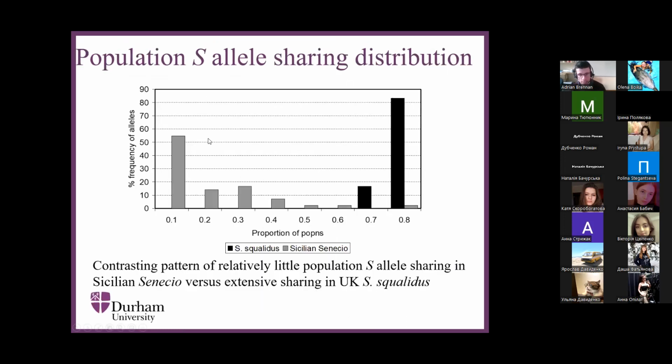And here's another impact as well. We saw in the previous graph that alleles in Sicily are rare, and I tended to only observe them in single populations. The relatively few S alleles that we saw in the UK are present in nearly all of the populations. There are few S alleles, and they're under strong selection to be maintained across all of those populations.